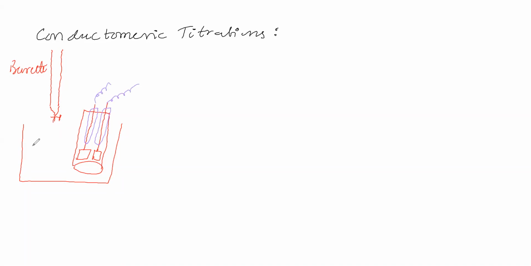Now the conical flask solution we will take here, and the pipette solution we are taking. Then we will keep one glass rod. See, it is a burette solution, it is a conical flask solution, it is a glass rod in order to stir, and it is a conductivity cell.